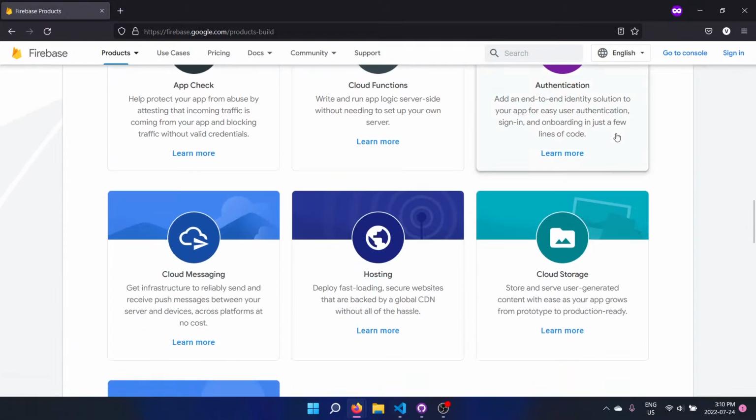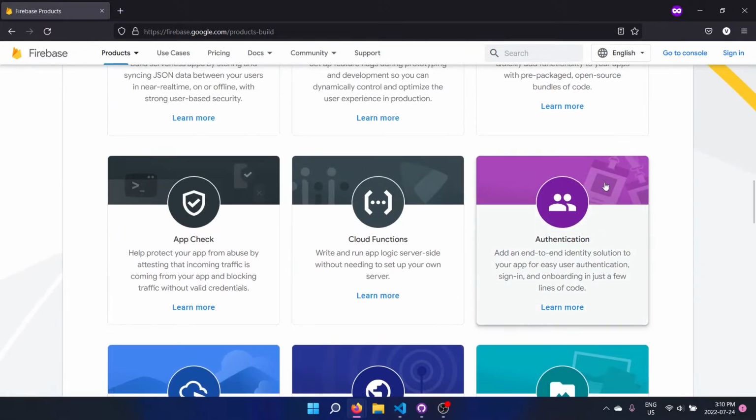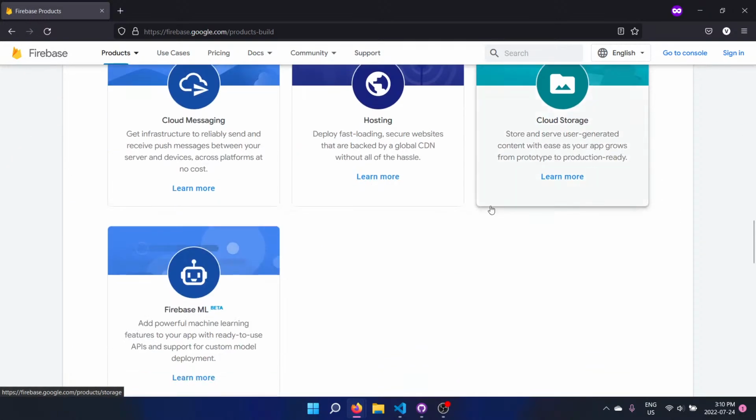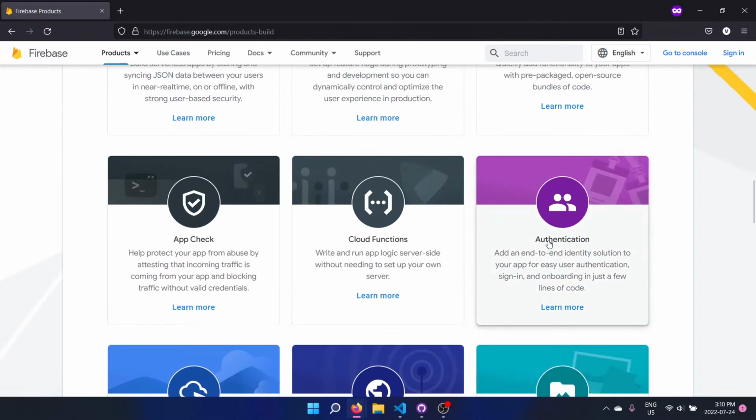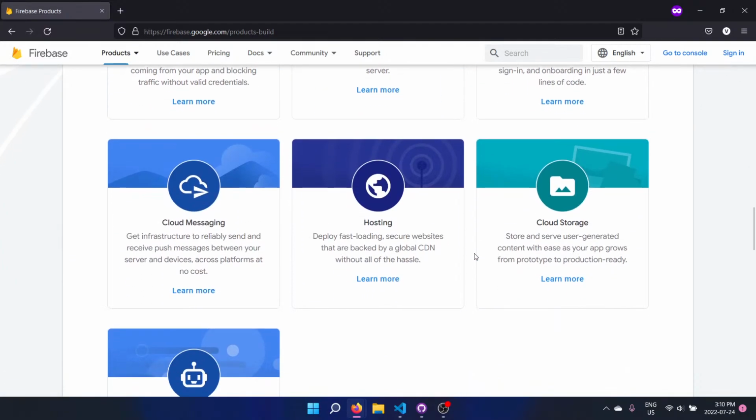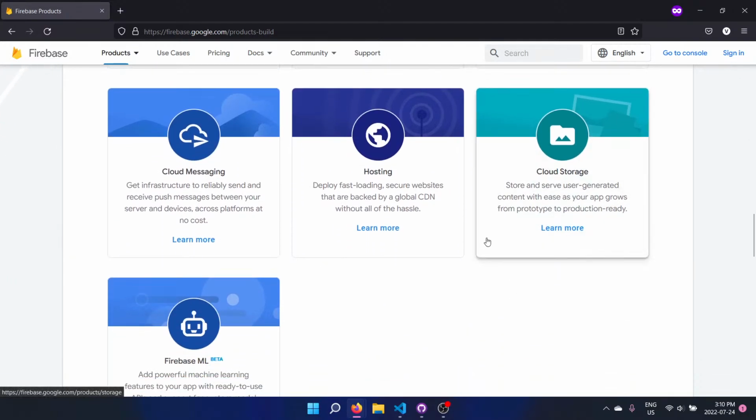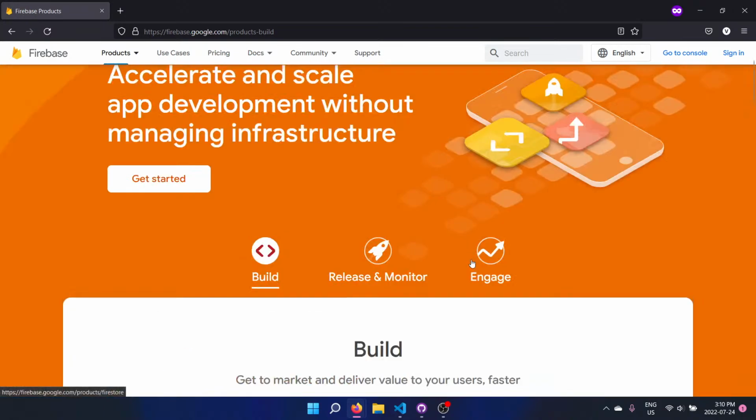Authentication works well for authenticating users. I don't think I'm going to be using that unless I want to add authors, which I am. So then I can add this and allow them to create articles. Then I need cloud storage as well. So what I'm thinking of doing is, let me just open